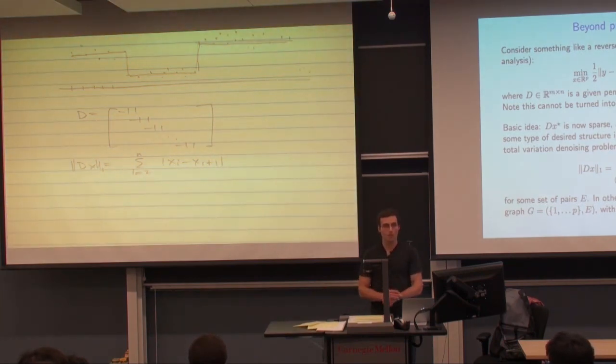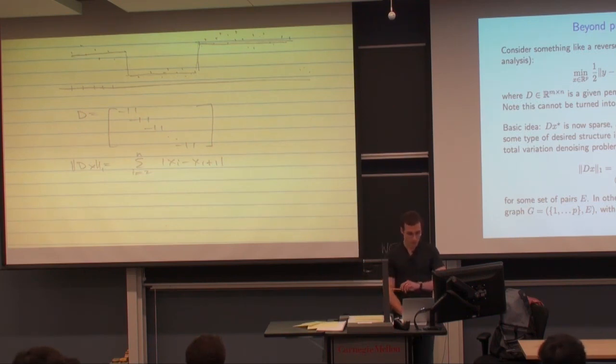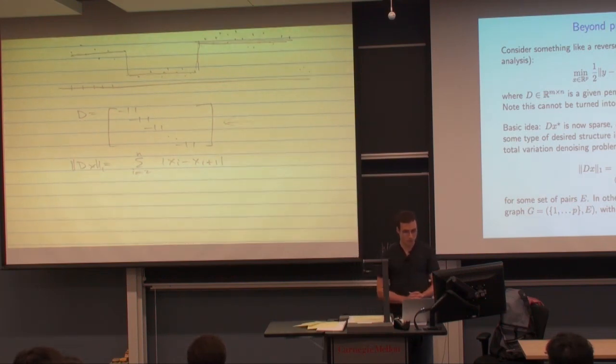breakpoints. Okay, so that's just an example of where, if we want a particular structure, we might think about what kind of D would give us that structure and solve this problem. So I'm just going to give you a couple more examples of choosing Ds. And this problem is a type of problem called the fused Lasso problem, and it's also called total variation denoising in the signal processing literature. And generally, we can think about, for this class of problems, choosing a graph over our